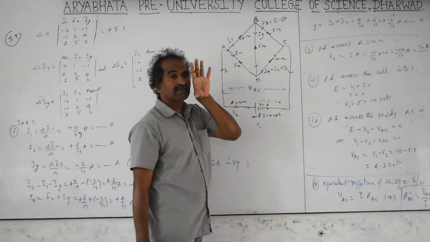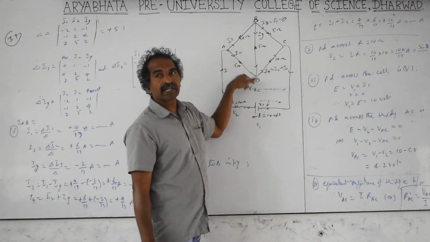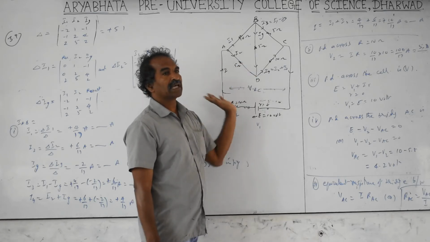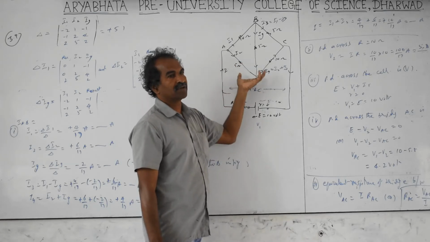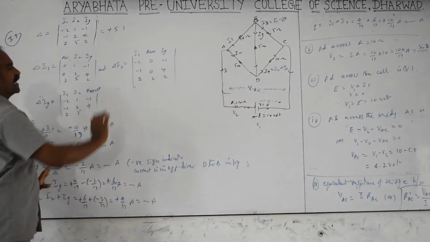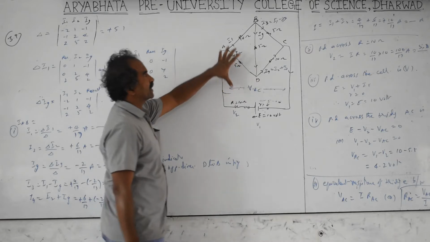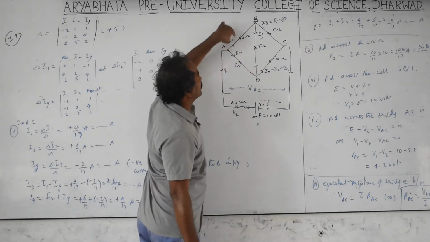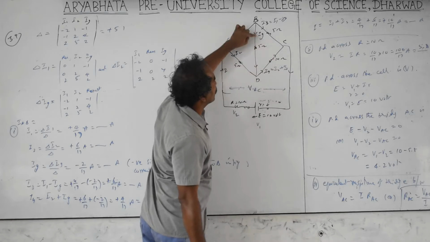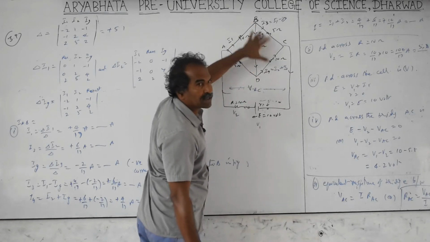If they give you the diagram directly with current arrow marks, you have to take the steps according to the direction given. If you get positive, the direction is correct. If you get negative, the direction is reversed, and you have to mention that. So we imagined the direction, and according to it we take it up. The only doubt we get is whether the current goes up or down, not depending on the potential between B and D.